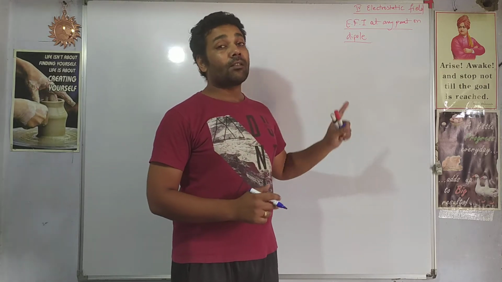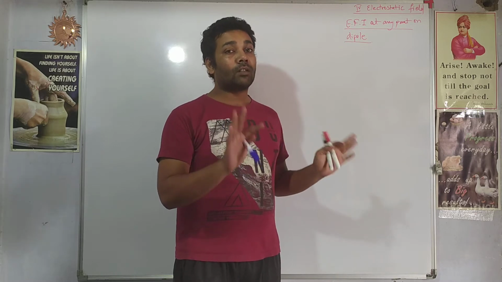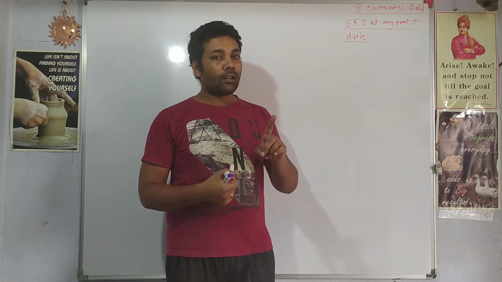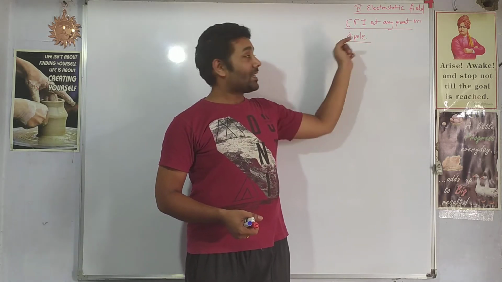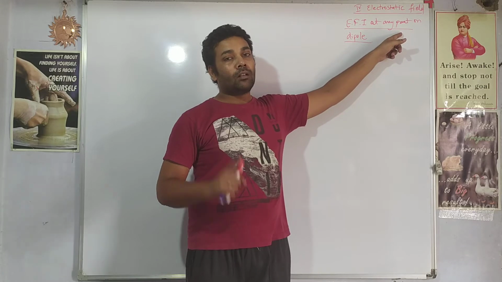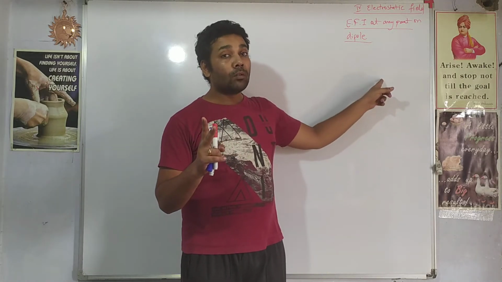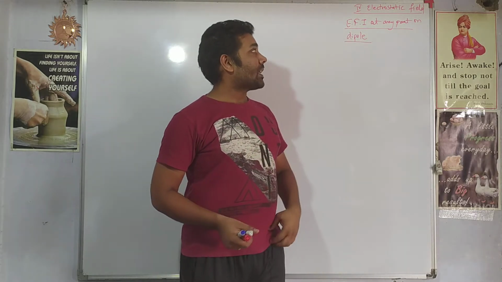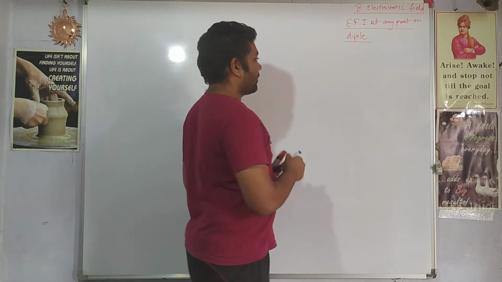Derivation. This derivation is very typical. You must be remembering the previous two derivations that we have done, at least the conclusions of the previous two derivations. What were they? The derivations were electric intensity at axial line of the dipole. Second one, perpendicular line of the dipole, right? And then we have this third derivation, electric field intensity at any point on the dipole. So let us start with.